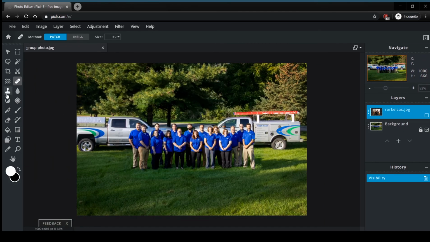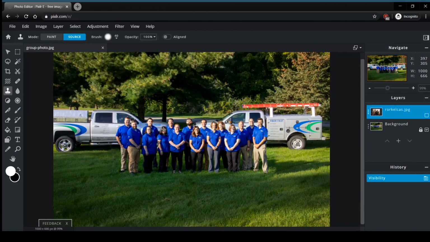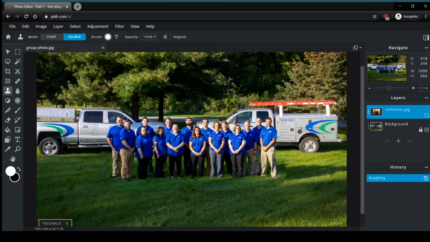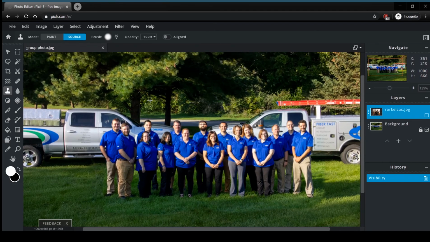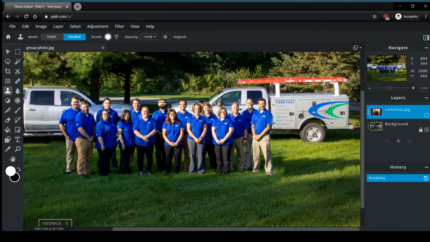Turn that off. And this is the clone and stamp tool. Very similar to the heal tool, only it allows you to decide what gets replaced. So a good example would be this tire here. If we choose source first and choose an area of our image, we'll say grass here. And as soon as I've clicked on the image, you'll see that that changes to paint. And now when I click on this,